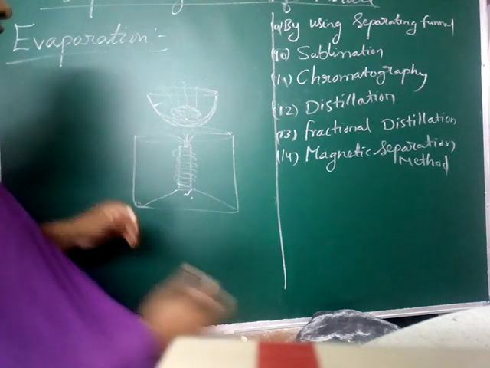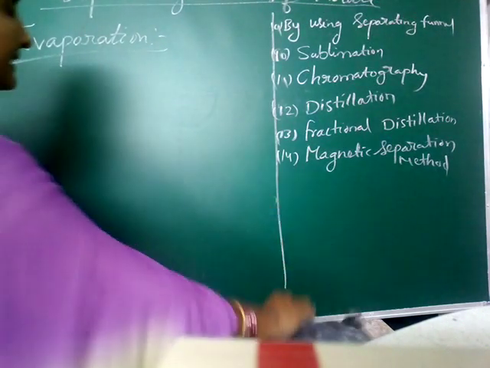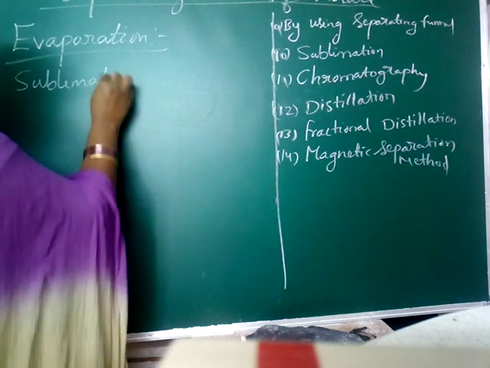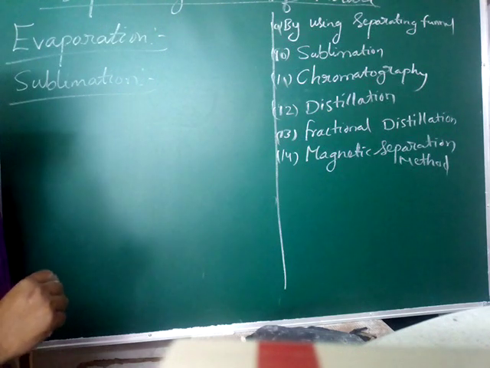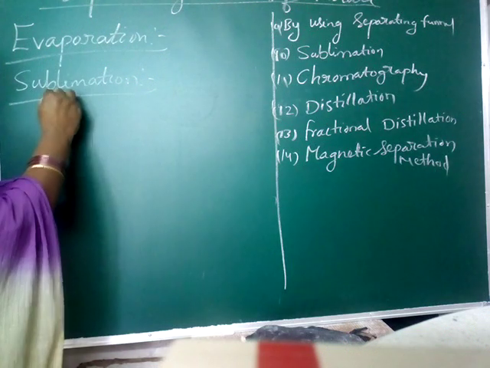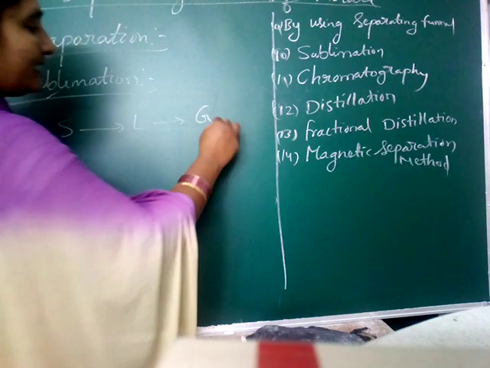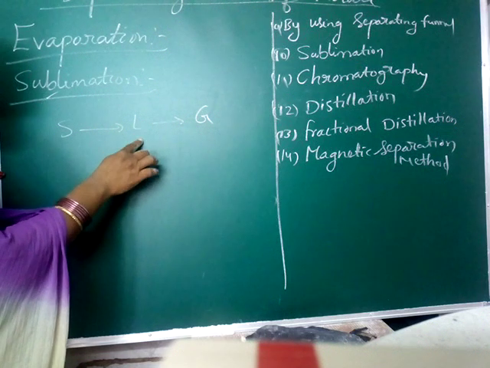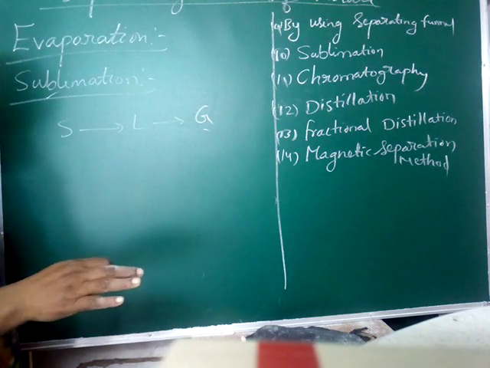Okay, now you come to the sublimation process. What is that? Here you see, don't think it is very difficult. This sublimation process is also very simple. How is it? Sublimation means, you already know that solids, liquids and gases are present around us. When you heat solids, they change into liquids. When you heat liquids, they convert into gases. We know that, we learned it before.